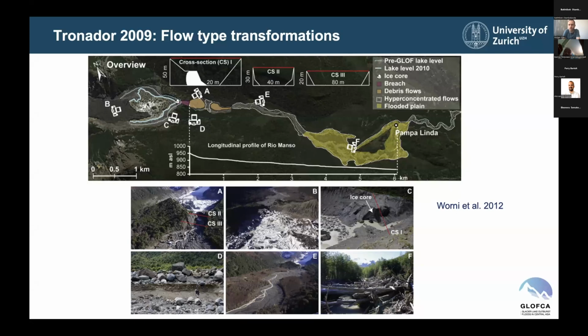These can range from very granular debris flows up to hyper-concentrated floods, or even almost pure water floods, where we have only very small amounts of solid material entrained and water dominating the flood. And this is something you can also see just from these several photos that have been taken in the first few kilometers